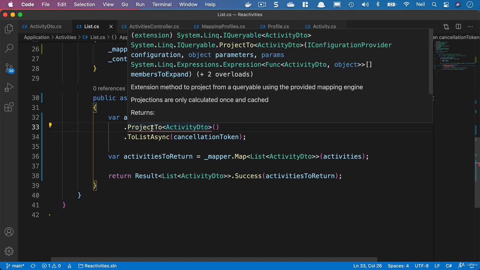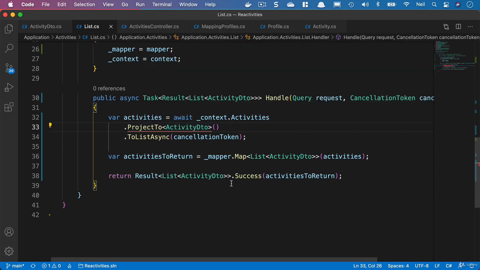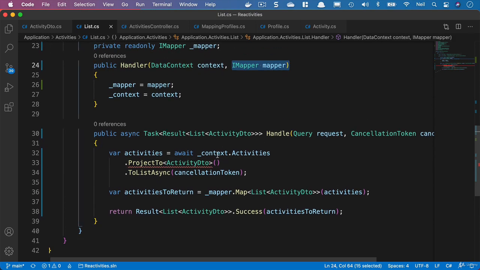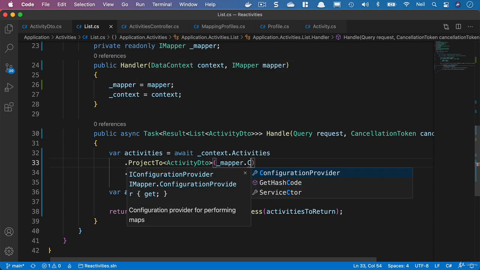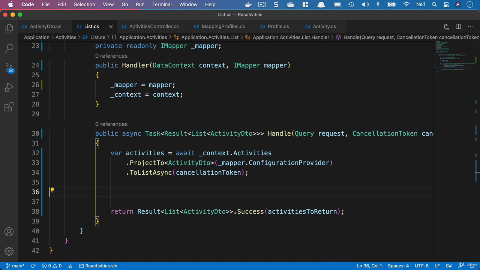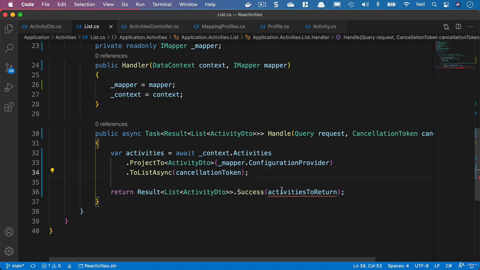And this takes one parameter and it needs our configuration provider. And we can get this from the IMapper that we've already injected here. So what we use is mapper, and then we can use the ConfigurationProvider that this provides for us. Now, because we're projecting to an ActivityDto, if we hover over activities, this now is a type of ActivityDto rather than an Activity. And what this means is that we do not need to add the mapping function,